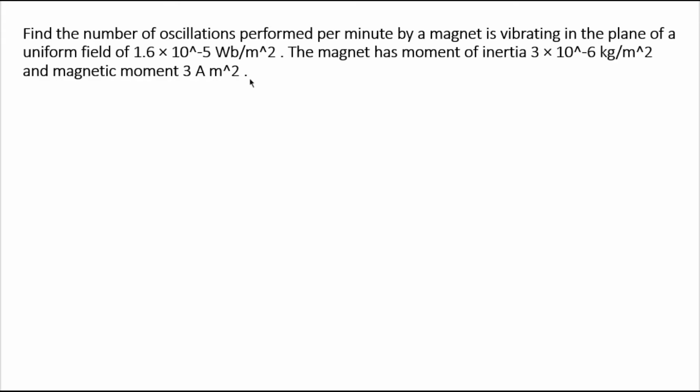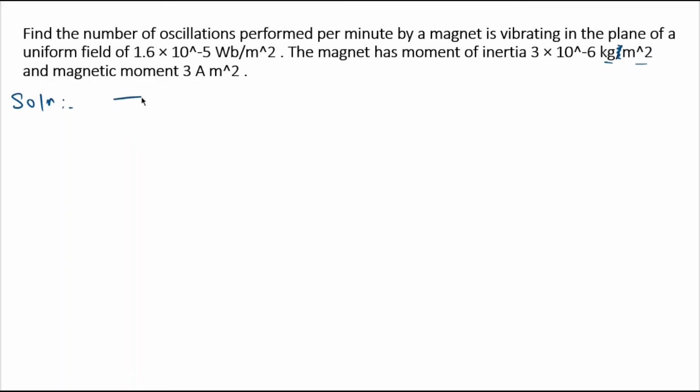The magnet has moment of inertia 3 into 10 raised to minus 6 kg meter square and magnetic moment 3 ampere into meter square. I think here kg meter square will come, not kg per meter square, because moment of inertia I is mr square. So mass is kg and r square is meter square. So make that correction. So solution, we know when a magnet performs angular SHM, its time period